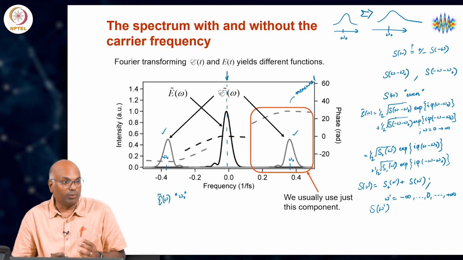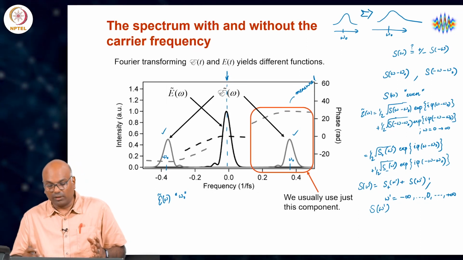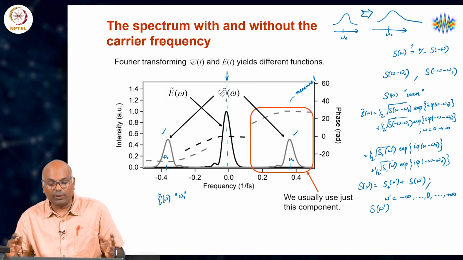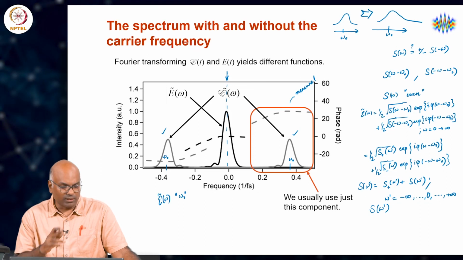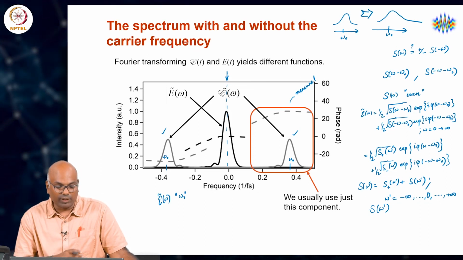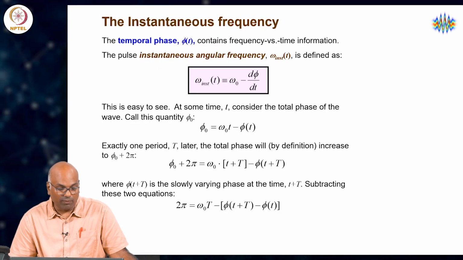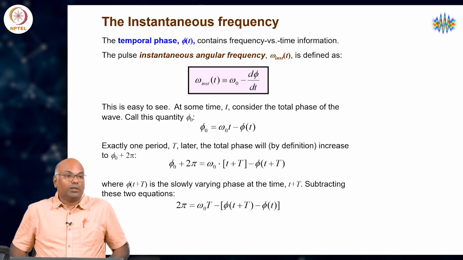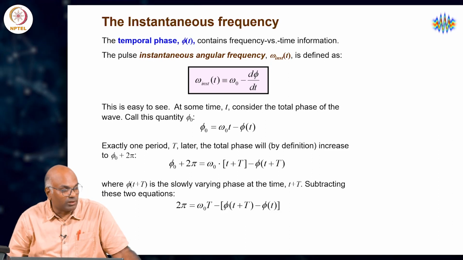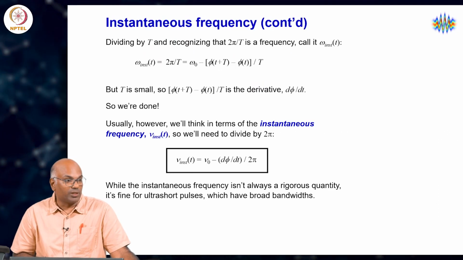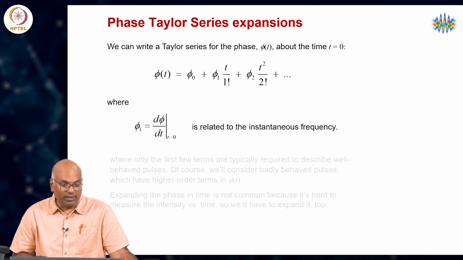The broader your spectrum, the more impactful this distortion is, and your pulse will deviate quickly into something else. This is something we will see very soon in our discussions. So, yes, good question. However, the point remains that we ought to have a more general description than imposing any symmetry arguments at this point. Okay, let us jump into